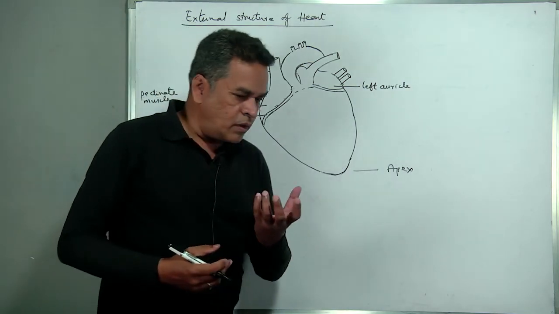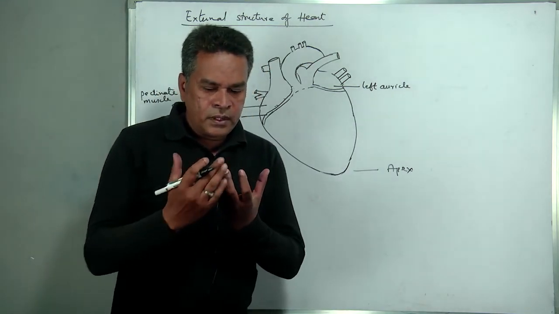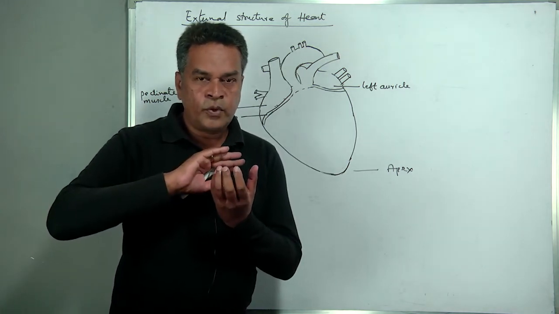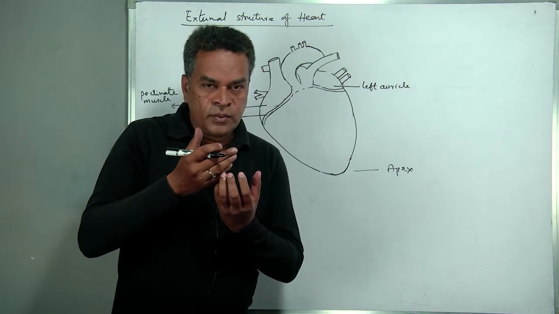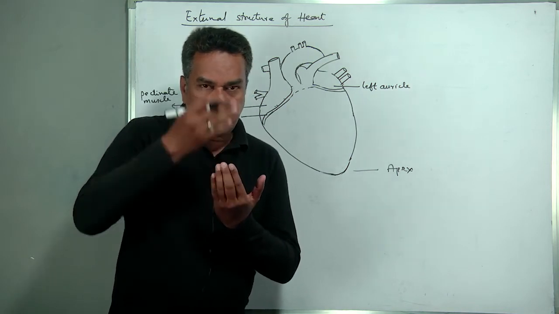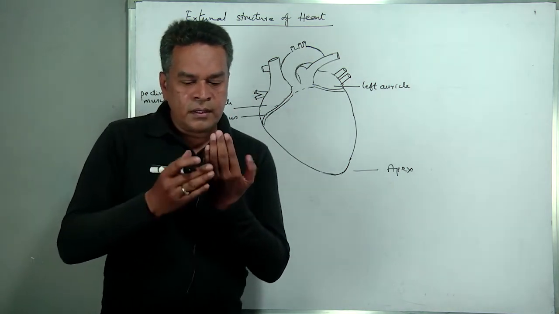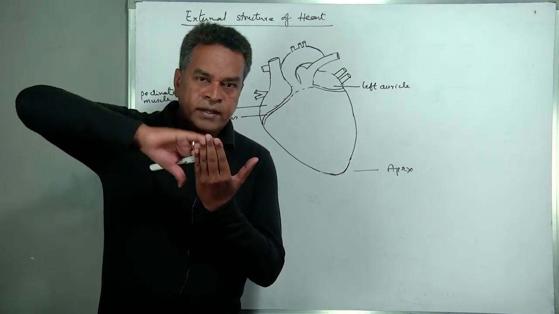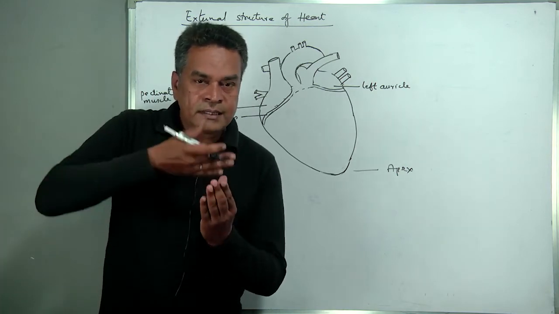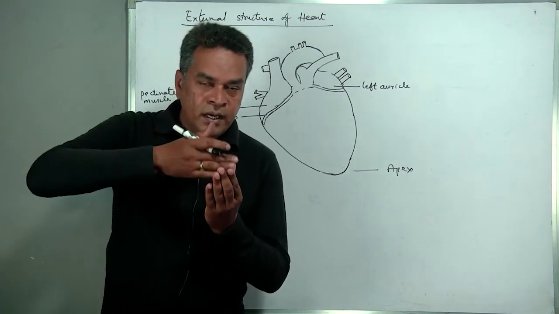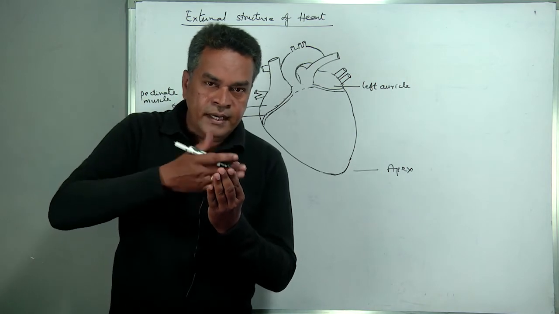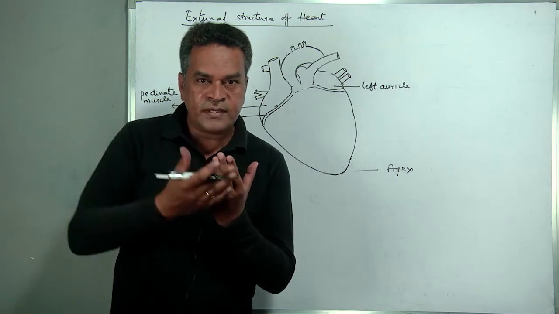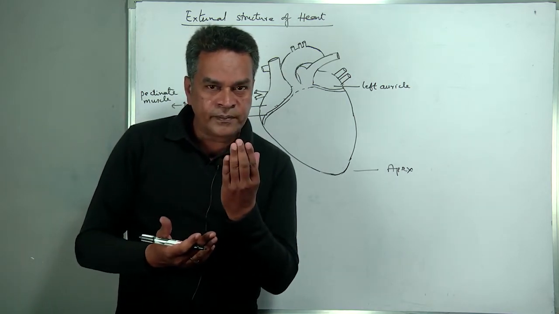If you take any hollow structure, this will be the anterior surface, and the back side will be the posterior surface. Inside, you have to assume it in the same way. This is the wall, the anterior surface, and inside of it is the inner side of the anterior surface. If the wall is like this, this will be the posterior surface, and inside is the inner side of the posterior surface. Assume this is a heart.